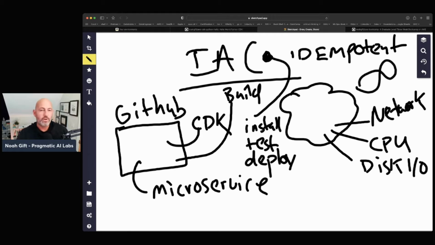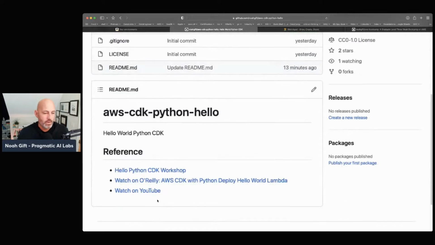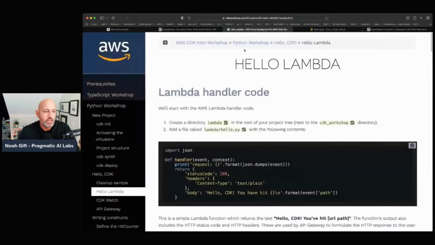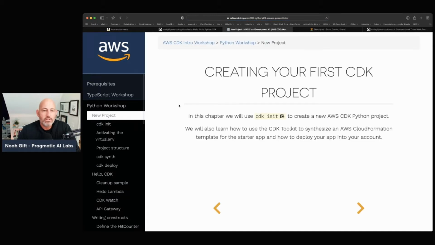So to start off with, the first thing I'm going to do is show you an overview of what this would look like. And by the way, if you want to look at a pre-trained version of this where you can look at the whole thing, you can click on either of these two links to watch a walkthrough. But in a nutshell, this workshop here is a pretty good workshop that talks about everything you would do with Lambda and deploy it. You could take a handler right here and push it into production as long as you follow this structure. And this structure here shows us how to create our first CDK project.